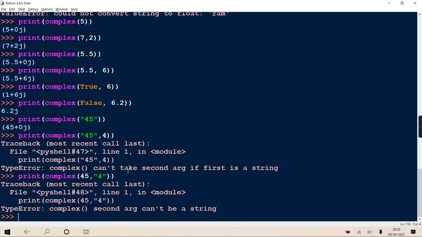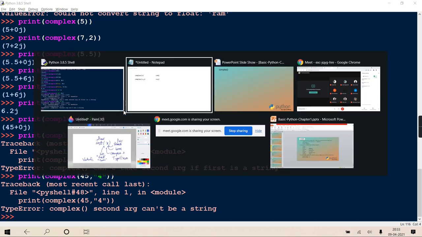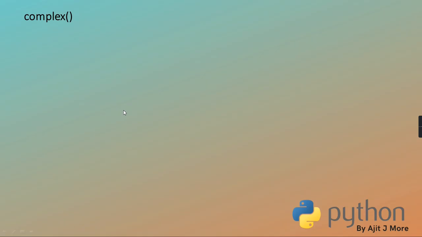That is the restriction they have kept. When you convert a string to complex, it is only a single value. But boolean, float and integer, any combination is allowed, whether both boolean, one integer, or both integer, one float. Between those three, any combination is legal. So just remember those combinations.